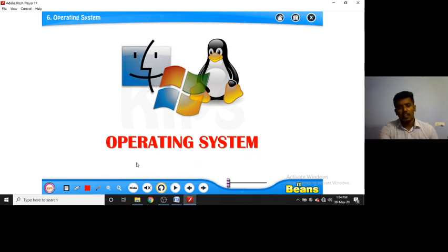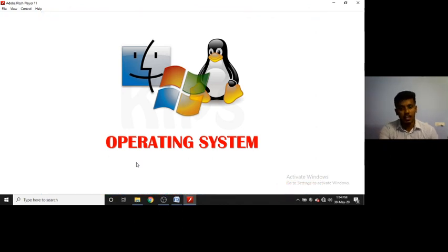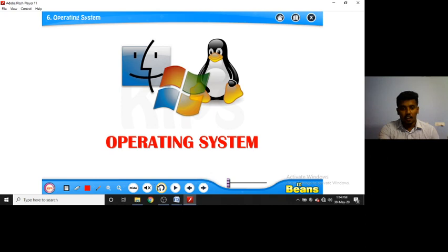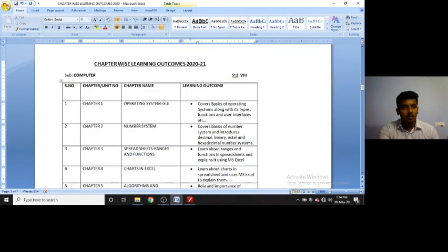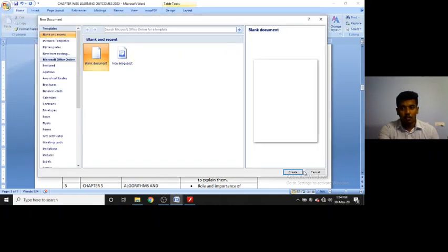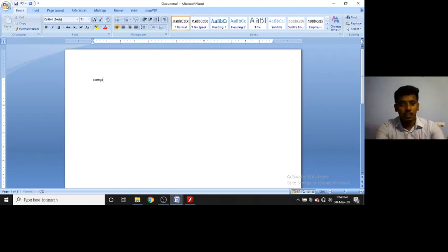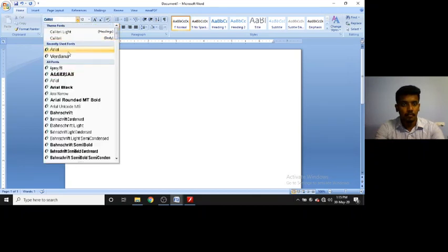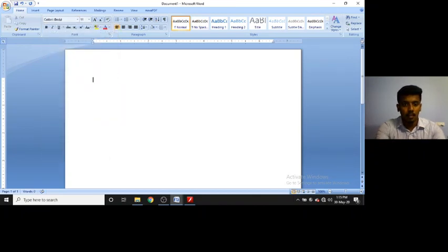If I tell the entire computer system in the form of a mathematical equation, I can write it like this: computer system is equal to hardware plus software plus user.